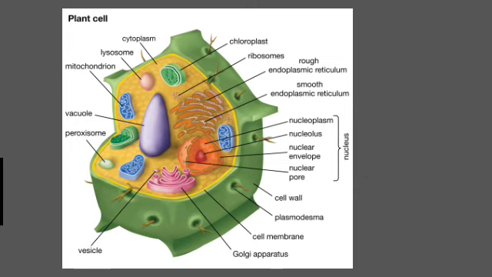For example, when a substance like CO2 accumulates in high concentration inside the cell, while in the external environment of the cell the concentration of CO2 is low as compared to inside the cell, as soon as there is a difference in concentration of CO2 inside and outside of a cell, CO2 moves out of the cell from a region of high concentration to a region of low concentration by the process called diffusion.